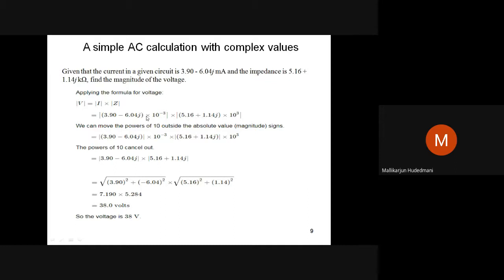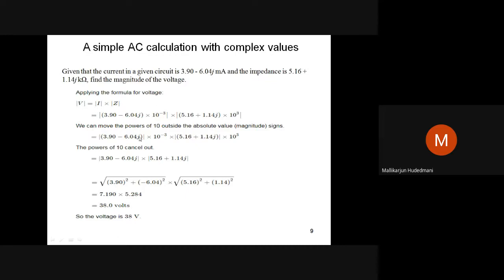When I want to multiply this, how do I do it manually with a pen and pencil? It becomes very complex for me. Hence, my calculator comes into use. Use this in the calculator. 10 to the power minus 3, 10 to the power 3 cancels off. What remains is A, B. A is a complex quantity, B is a complex quantity. Operate in the calculator. Directly we'll see the magnitude and angle straightforward.